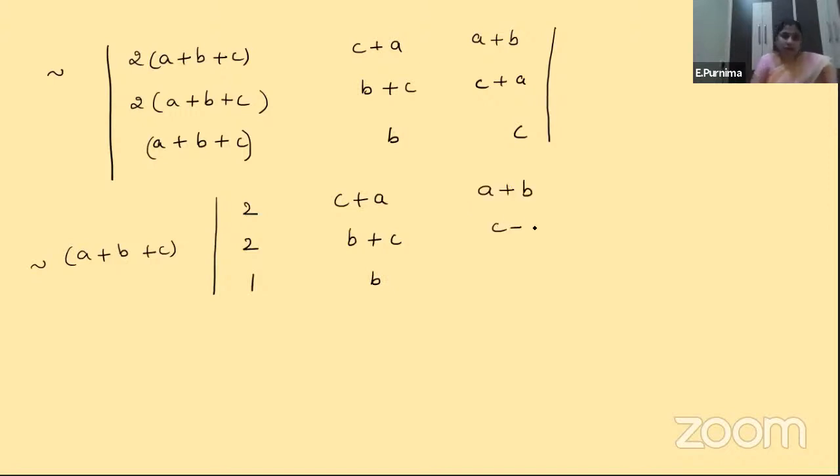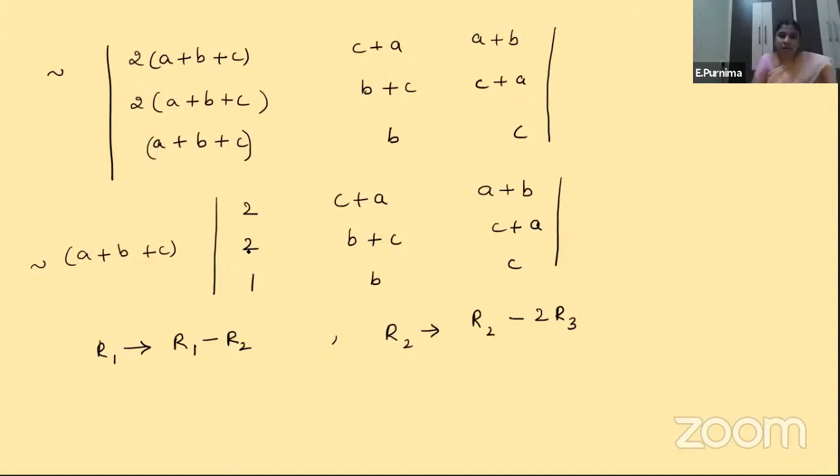Now, what are the transformations I am trying to do here? Because we are supposed to make any two zeros, I said. Yes. So here I am trying to do R1 tends to R1 minus R2. If I do R1 minus R2, I get 0, 2 minus 2 becomes 0. Now here also, because 1 is there, I am supposed to get 0. So what can I do here, children? R2 tends to R2 minus 2R3. Why am I doing 2R3? R2 is 2. R3 is 1 here. So if I multiply this 1 with 2, it becomes 2. 2 minus 2 becomes 0. So that here it becomes 0.